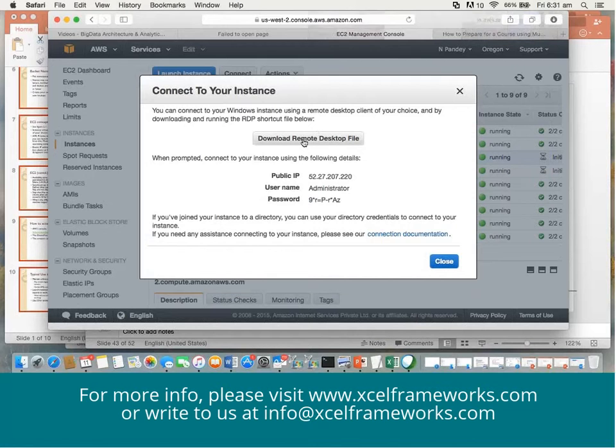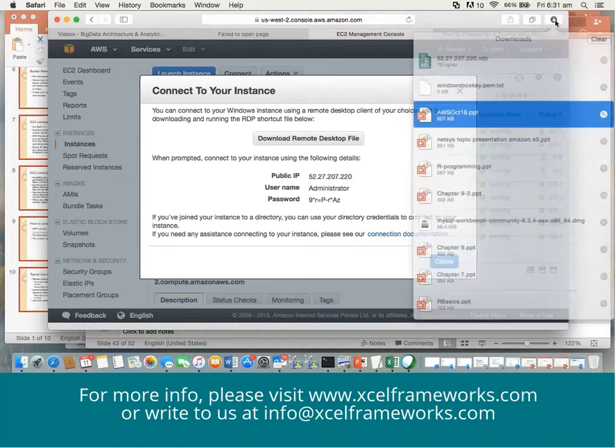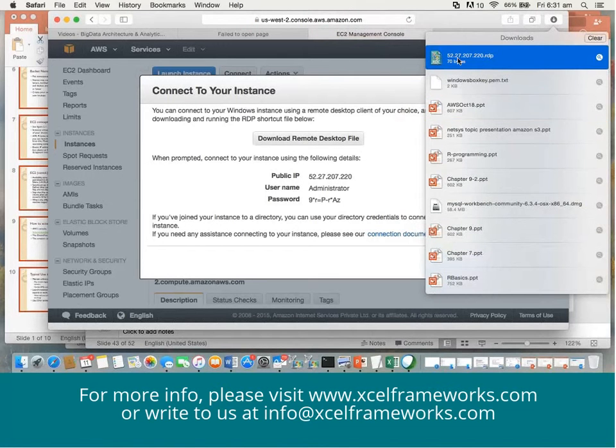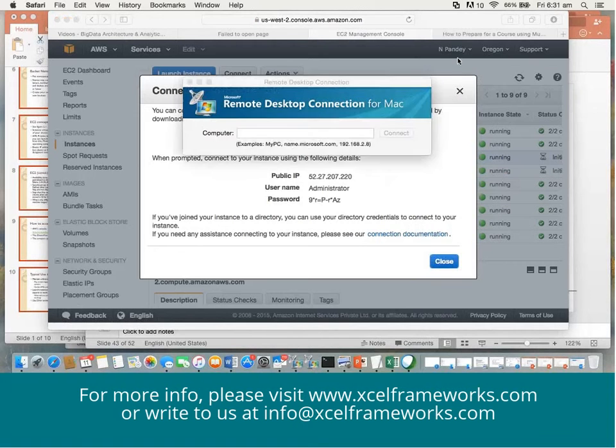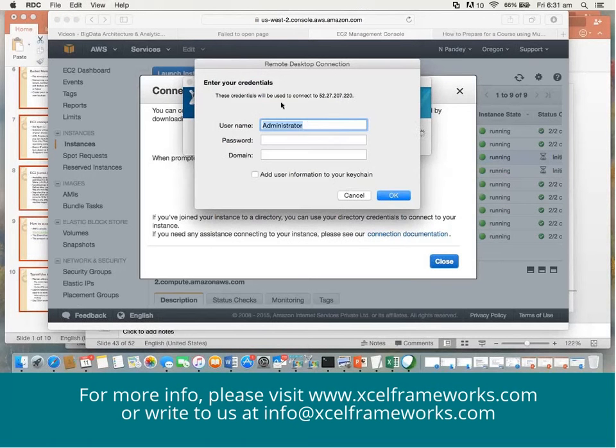Now let's go and click on download RDP. And once you do this, you will have an RDP file downloaded. This is the RDP file, right? If you are on Windows, you can open it. Mac also comes with a small utility which can be used, right?